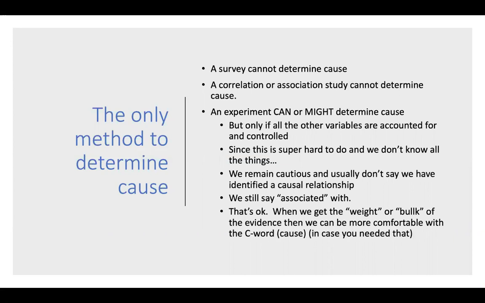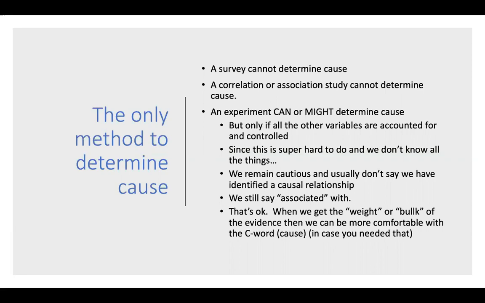All right. An experiment, however, can or might determine cause. There's still rules. It's still hard to do. But with an experiment, it is possible. And so the scientific method will help us figure out how to run an experiment in order to be most likely to attribute cause correctly. The thing you don't want to do is attribute cause to something when it was really something else that caused it. And that's why we have to be very careful about the design of the experiment